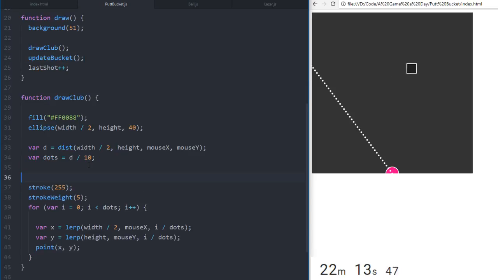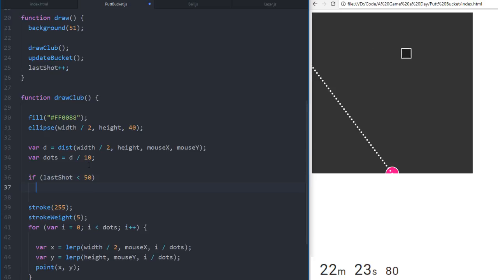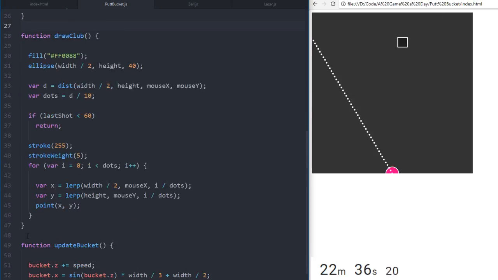And if last shot is less than 50, then don't draw the club. Okay, so only after, here, let's do 60. Only after 1 second will we draw the club. When we click here, we'll do a function,